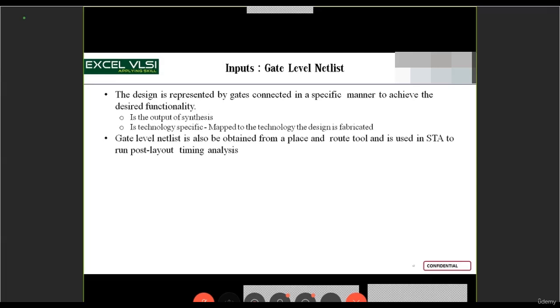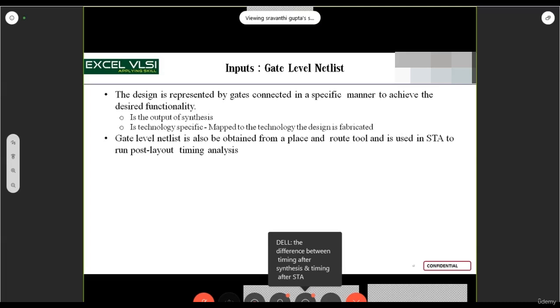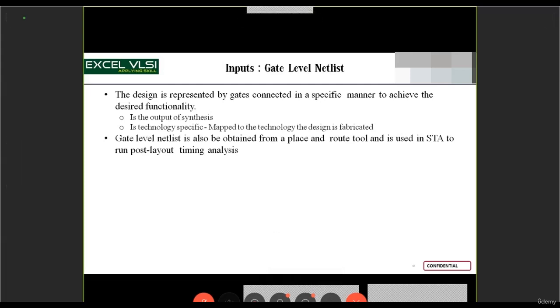So the gate level netlist is also obtained from the place and route tool, and is used in STA to run post layout timing analysis. As I told you, STA has two stages in the implementation process of ASIC. One is pre-layout STA and the other is post-layout STA. Pre-layout STA is where we perform the early analysis of whether my timing is passing or failing once after synthesis. Now, post layout STA is once the complete process of physical design is done,